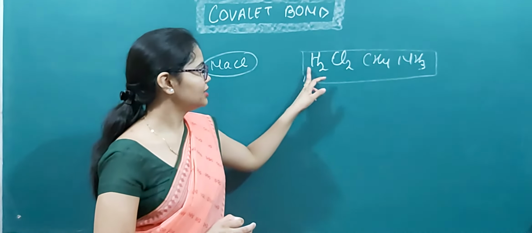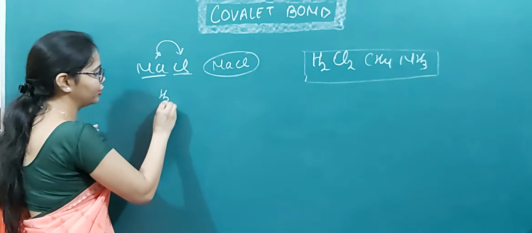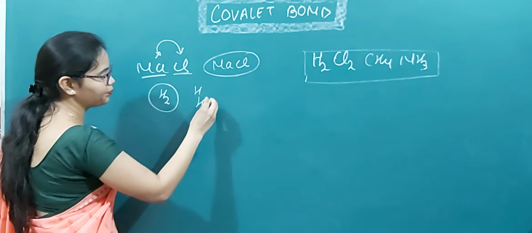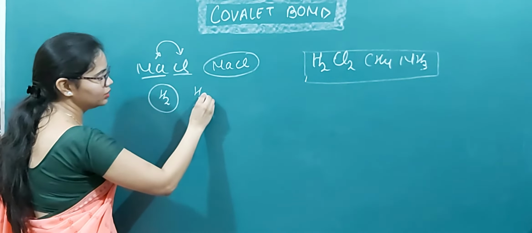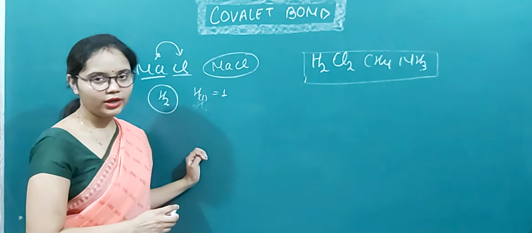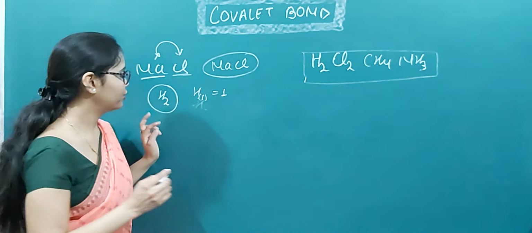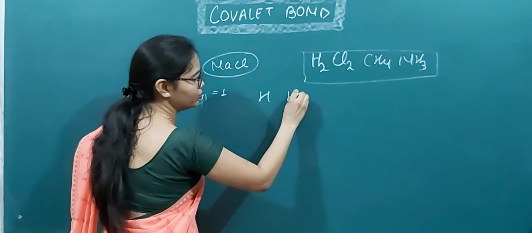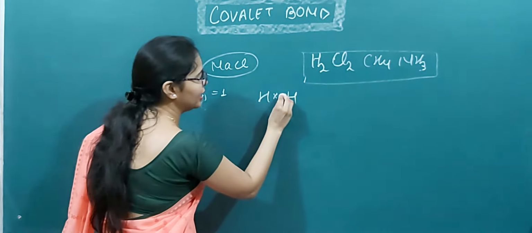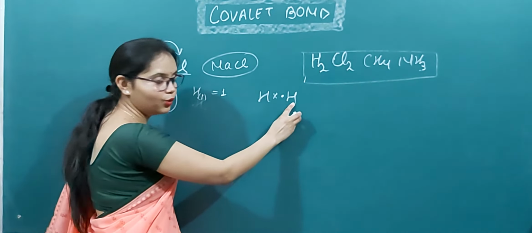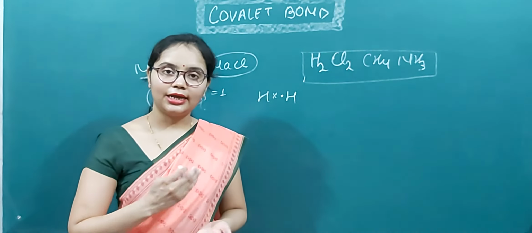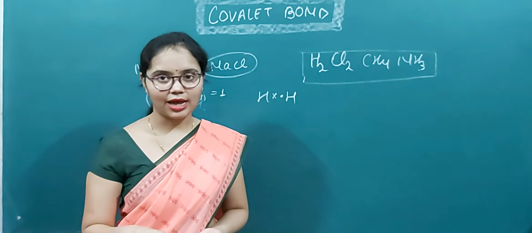Okay, so take the example of hydrogen first. In the hydrogen molecule, the constituent particles are hydrogen and hydrogen, meaning the same. For hydrogen we know that the atomic number is 1, so it will have only one electron in its outermost shell. So let's draw the Lewis structure for hydrogen. In hydrogen, two hydrogens are present. Suppose this is the outermost electron of this hydrogen and this is the outermost electron of this hydrogen. As we all know, hydrogen does not follow the octet rule. It can have a maximum of 2 electrons in its outermost shell.